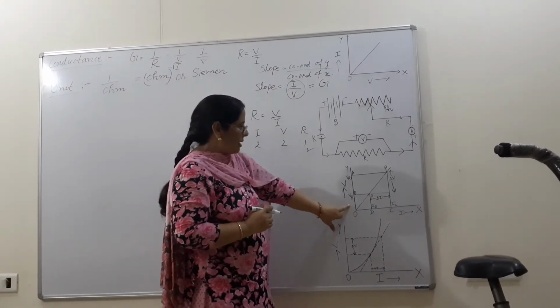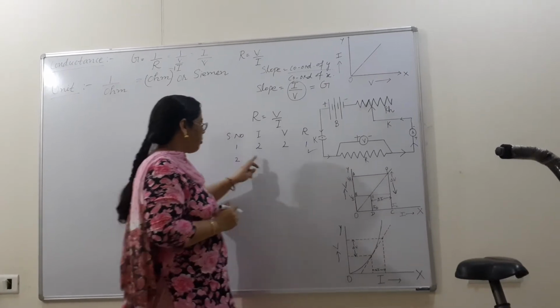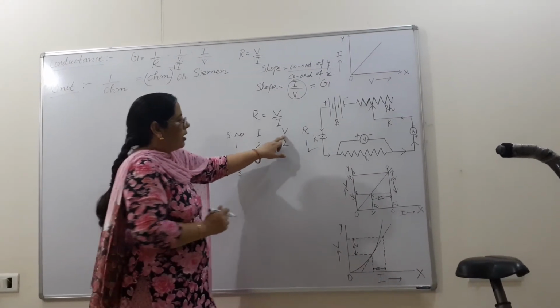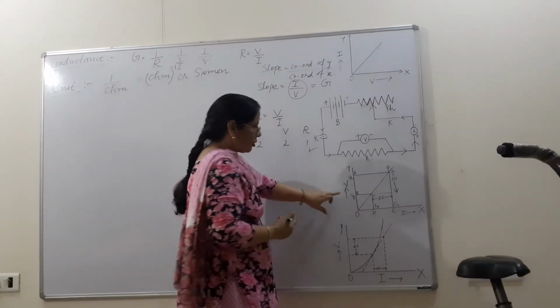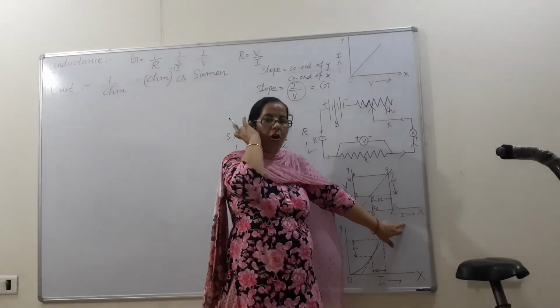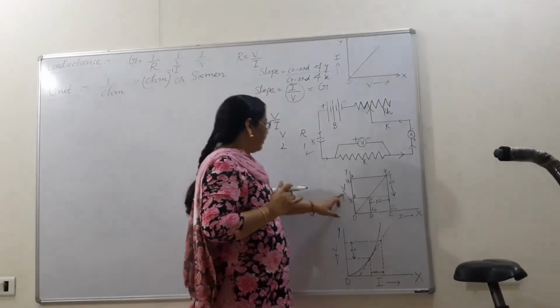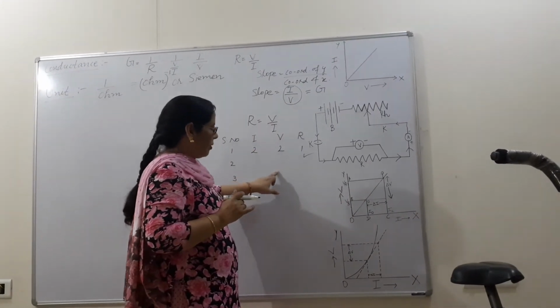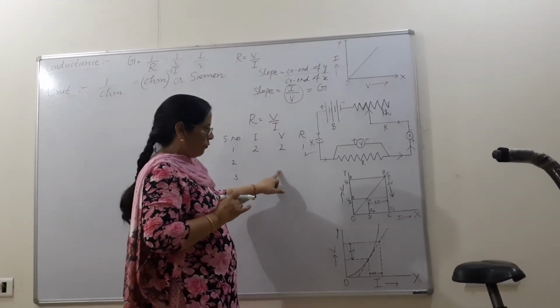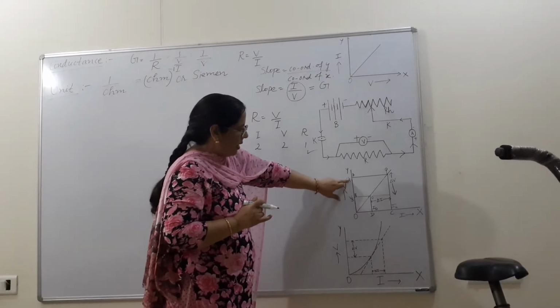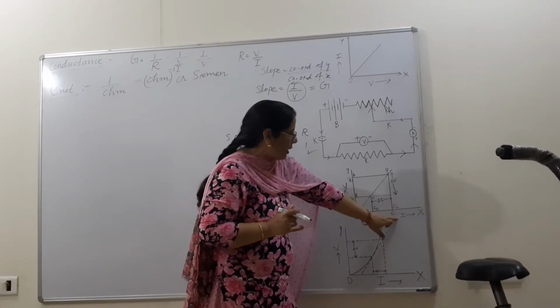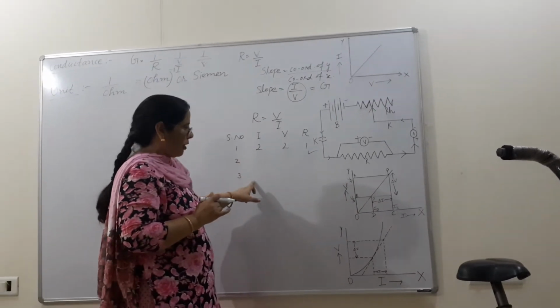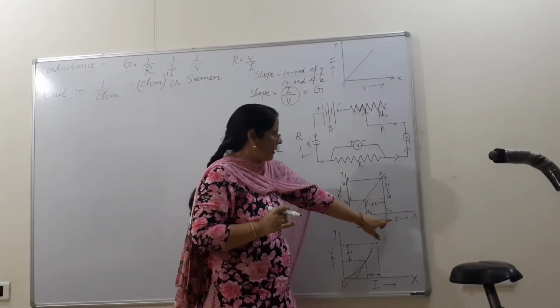And after that beta, we have to draw the graph. Here points will be there. We have taken I on the x-axis, V on the y-axis. So this is the VI graph. Then you will take the points from the one column of V and substitute the points here. In the same way, from I you will collect the points and mark them here.